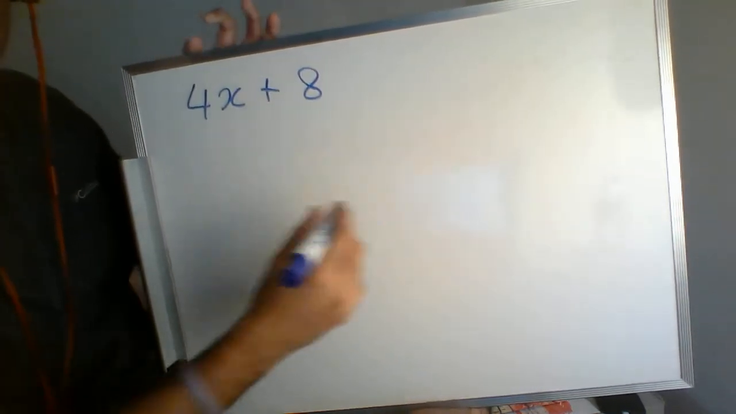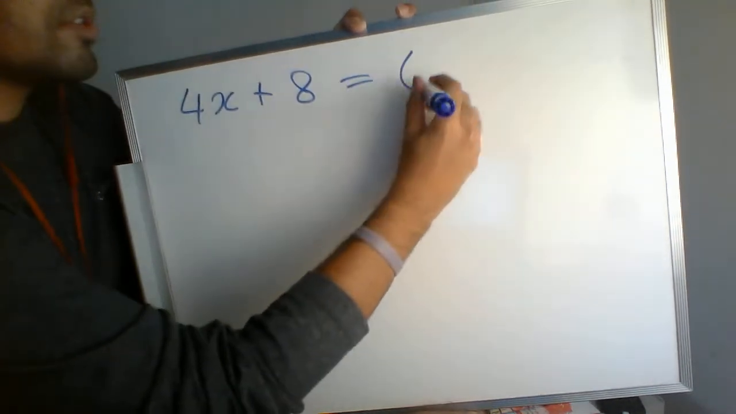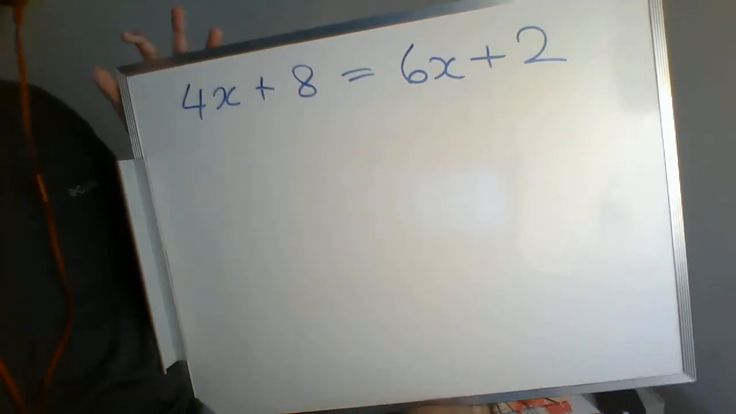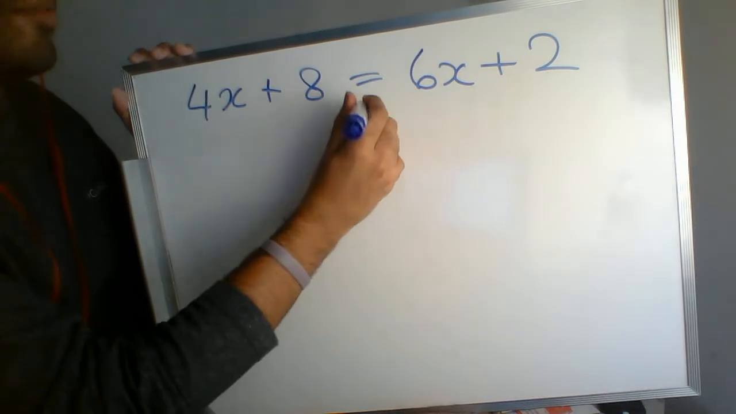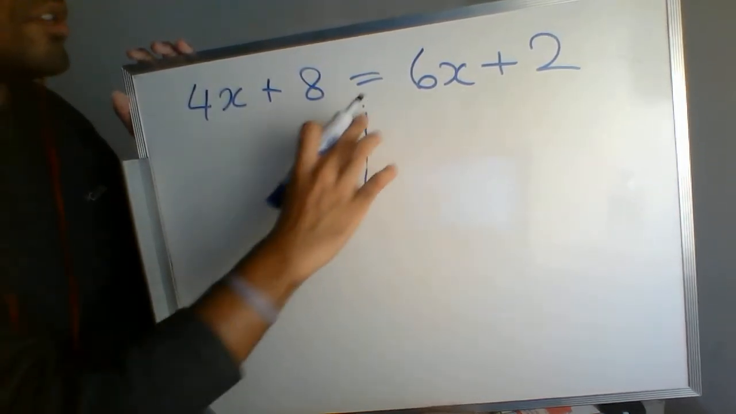This is a new problem, so if you want, you could title this as like a new example. 4x plus 8 is equal to 6x plus 2. Alright, 4x plus 8 is equal to 6x plus 2. Now remember, we want all the variables on one side and all the constants, all the numbers, you could say,